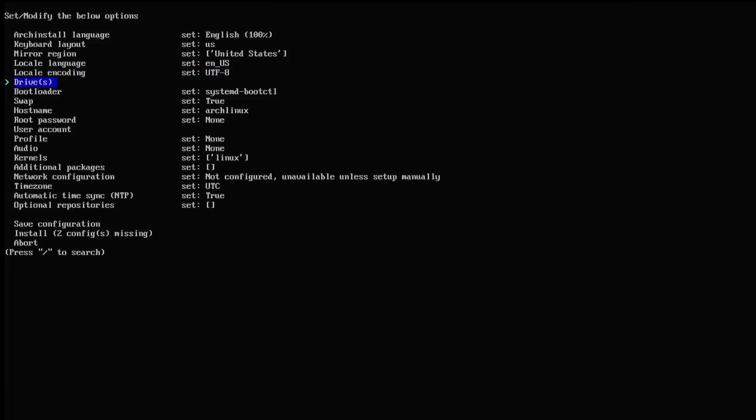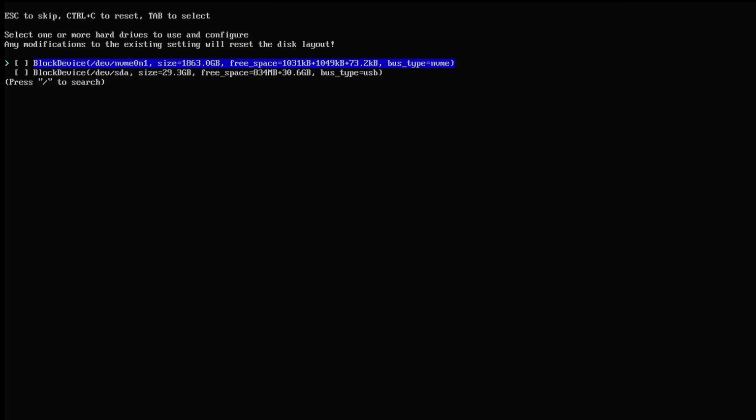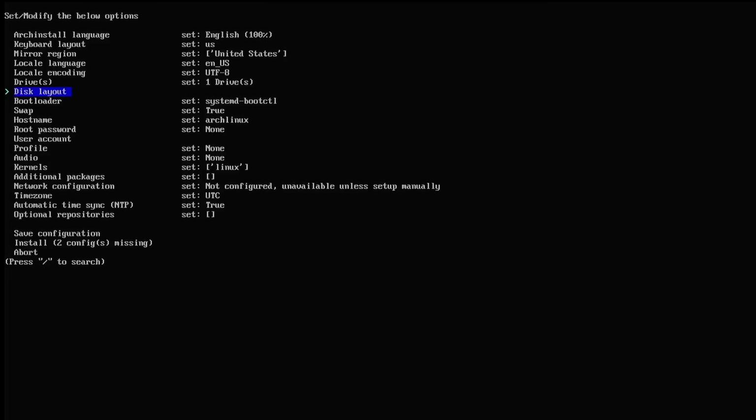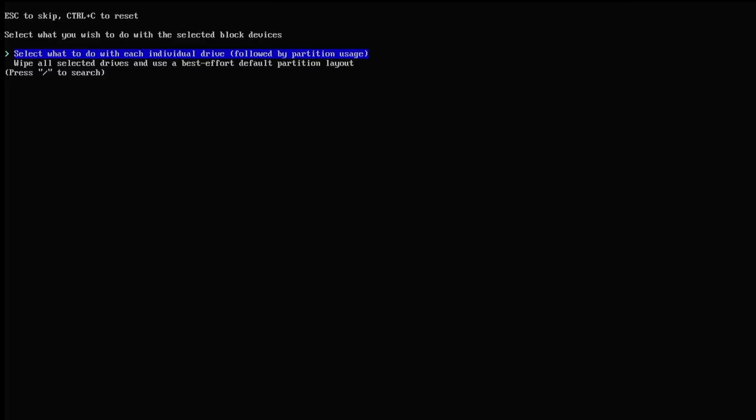And now I'm going to pick the drive that I want to install to, so click on that. All right, and here's a list of all the drives in my system. As you can see, the USB that I'm booted from is also listed there. I'll go ahead and pick my internal SSD drive and hit enter. And now I'm prompted to decide a disk layout. So I'm going to pick the wipe all